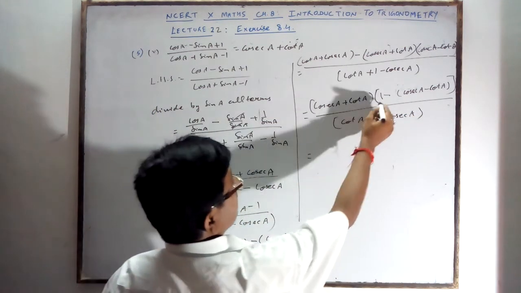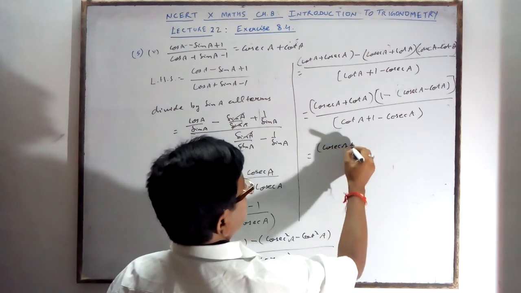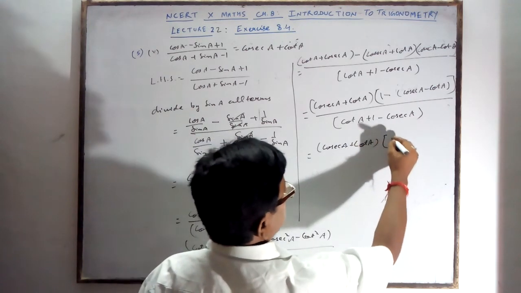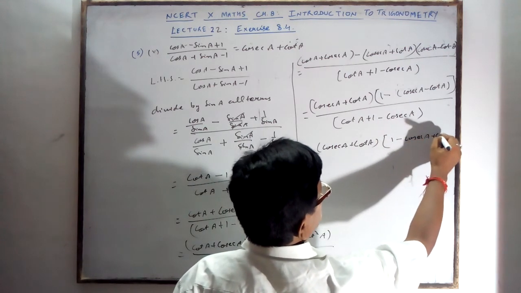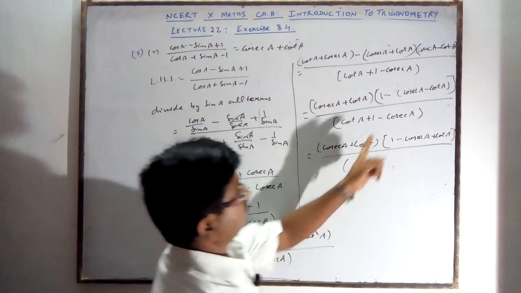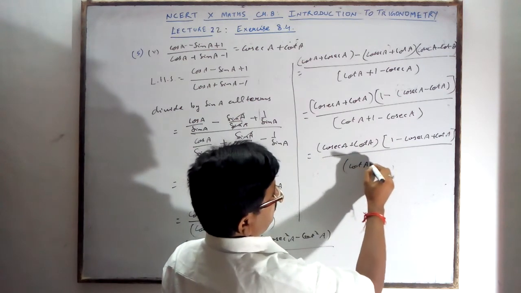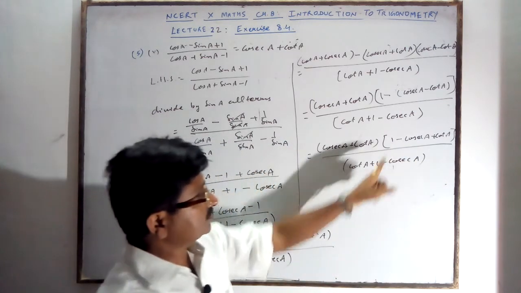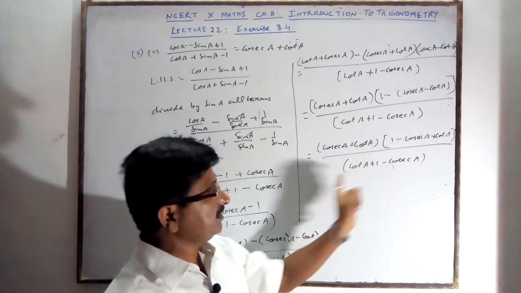Now the numerator: open the bracket inside. What you want is already in one bracket, so don't disturb it. The second bracket you open inside: 1 minus cosec A plus cot A, and tally each term with the denominator. After opening, minus minus plus. So what will you get? Cot A plus 1 minus cosec A. Now you tally the terms. One is positive, one is positive. Minus cosec, plus cot A, plus cot A.